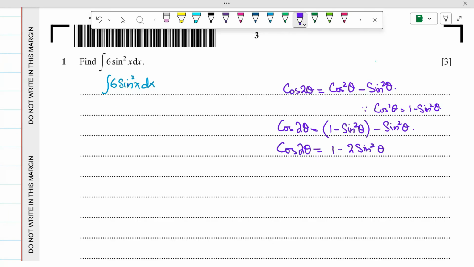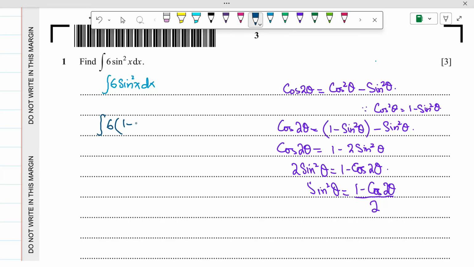We need to find sin squared theta. So 2 sin squared theta is equal to 1 minus cos 2 theta, and sin squared theta is equal to 1 minus cos 2 theta over 2. So if we replace sin squared theta with 1 minus cos 2 theta over 2, then it will be